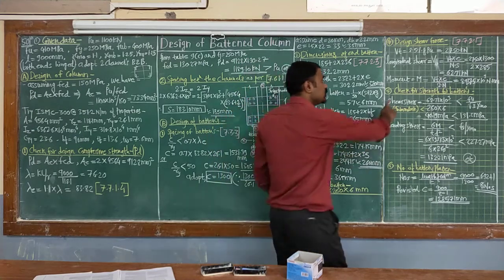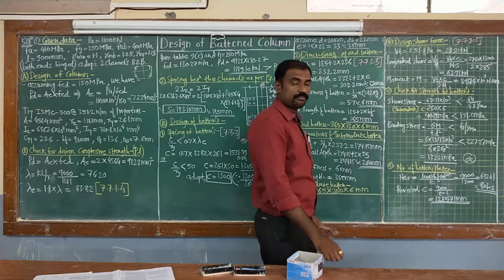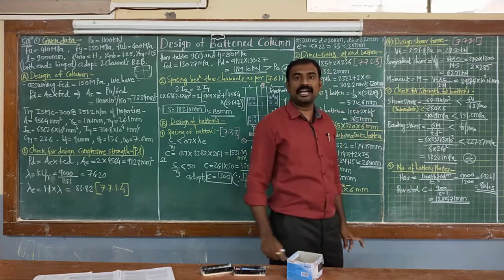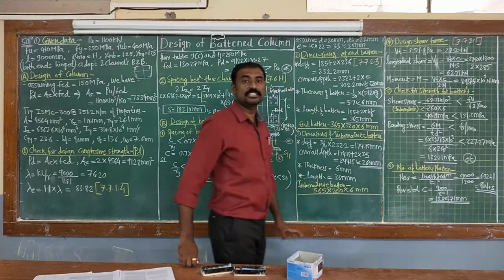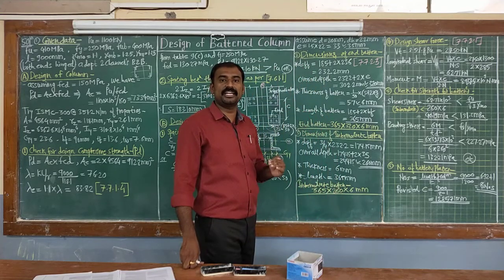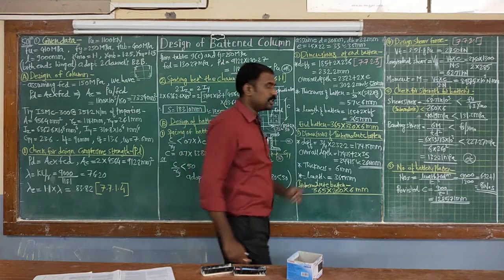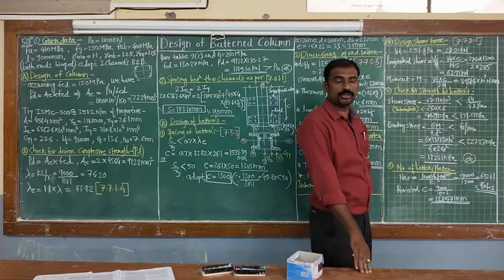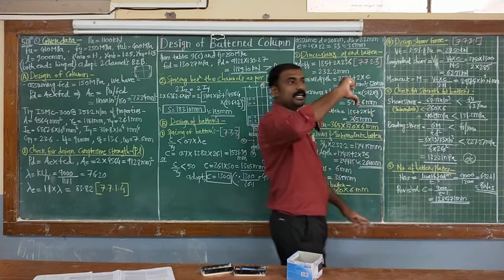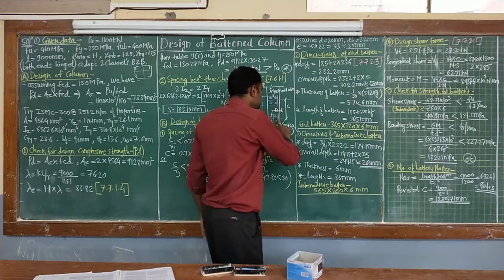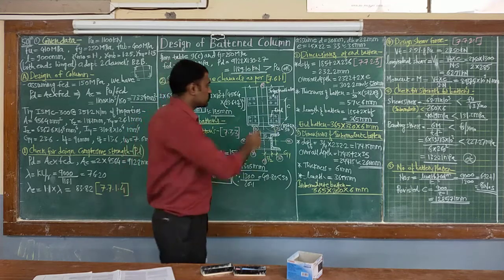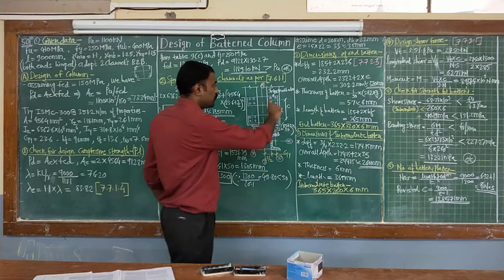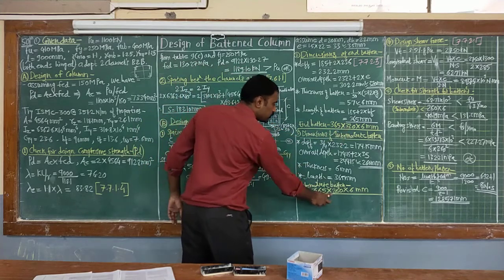Correct? Now here, check for strength of battens. Check for shear strength of batten. So initially shear stress acting in your batten. Shear stress is given as shear force divided by shear area. Correct? So shear force is what? Shear force is given as your calculated value 62.71 into 10 raised to 3, divided by shear area, which is nothing but depth into thickness. So 2 thicknesses and 2 depths we are knowing. 6 mm is the thickness of batten plate and depths are 2 different. First value is 320 and second value is 260.